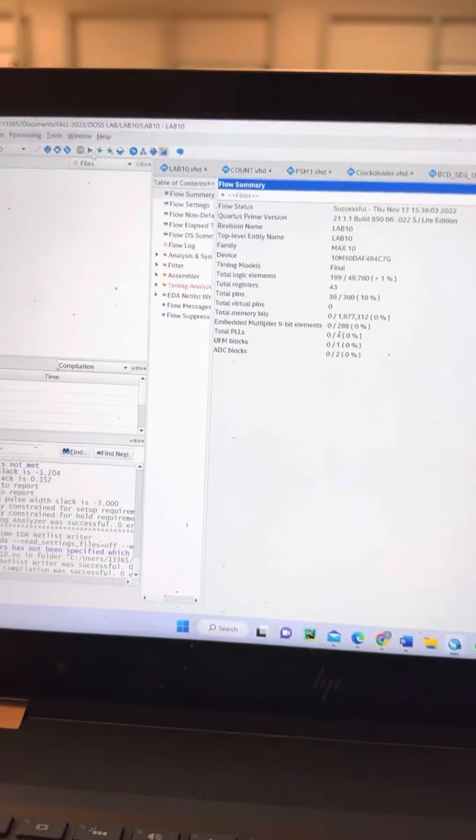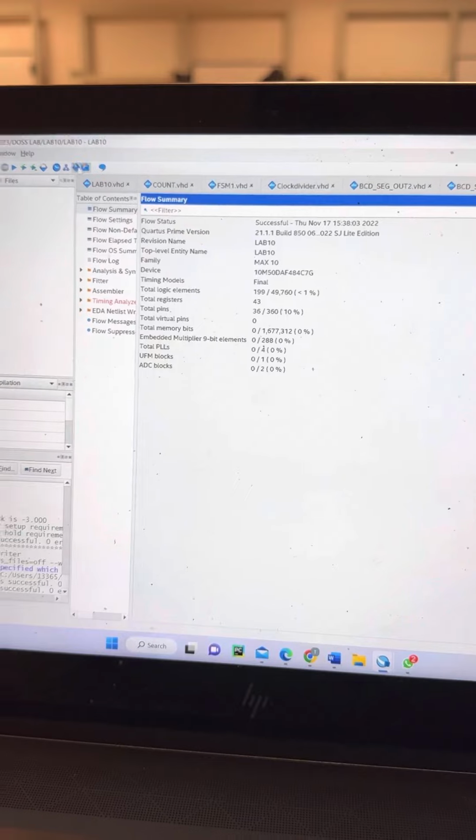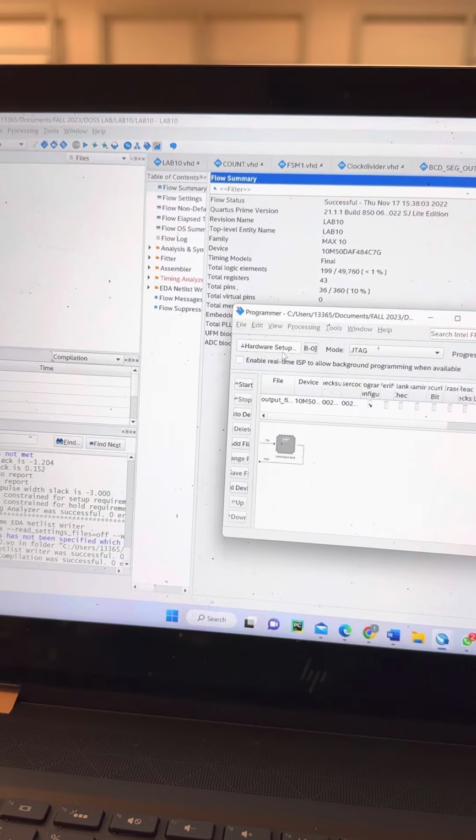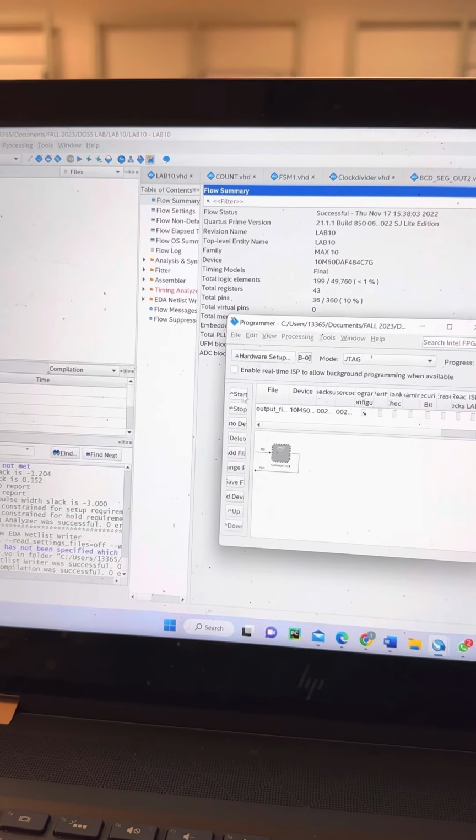As you can see, it compiled all the way. So now I'm going to run this hardware setup. It is ready, start. So coming down to